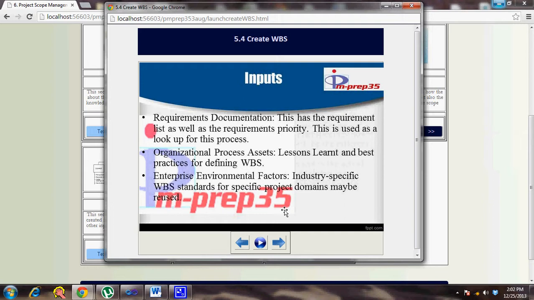So sometimes that becomes a constraint. Because you have to use the same structure for better understanding of stakeholders. So that's where your enterprise environmental factors is an input for this process, but not for the define scope process, because the industry standards might guide or constrain this process to use that particular structure.